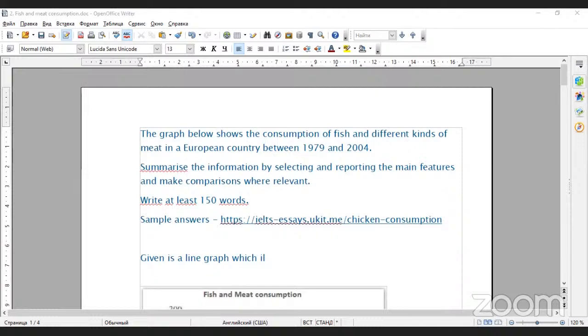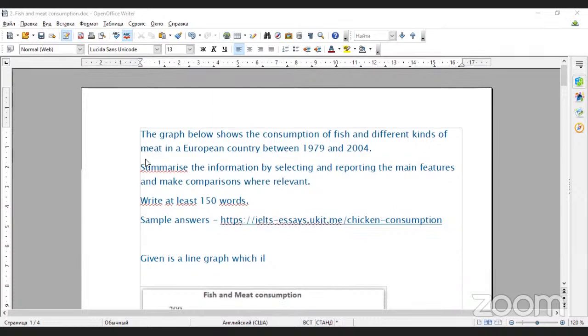And I just want to follow the same method which I recommended to you. Indicates. Okay, I'll just write indicates the way I recommended this to you. Given as a line graph which indicates